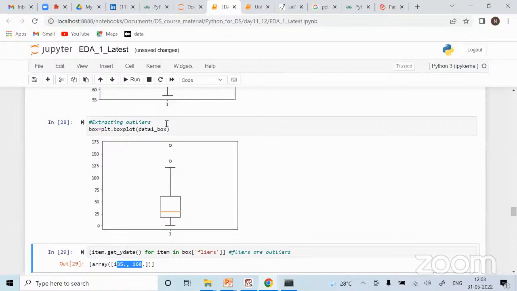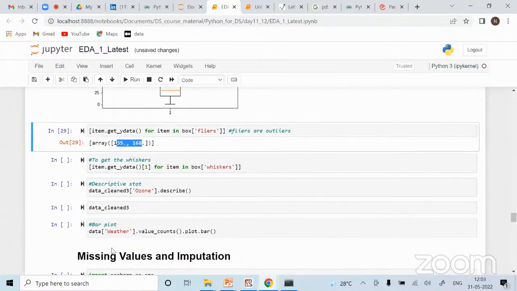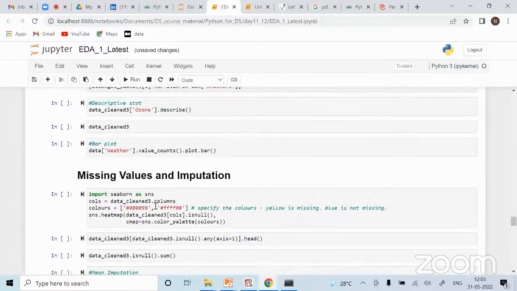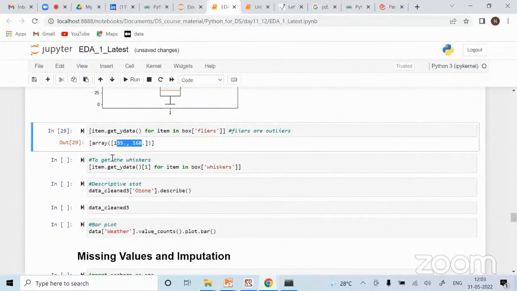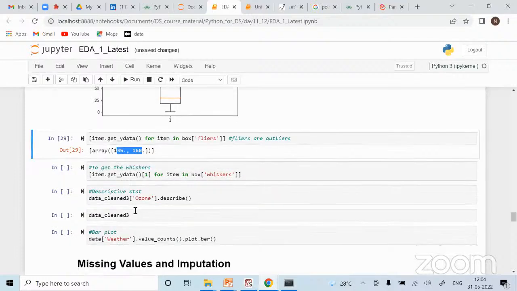So what you can do is simply remove these two values from your data by doing this. You already know, right? We have learned how to do indexing and slicing. So already you can remove them, that wherever my data ozone is 135 or 168, I don't want to have it, so I can simply use the not symbol and remove these two values or rows from my data. Okay,